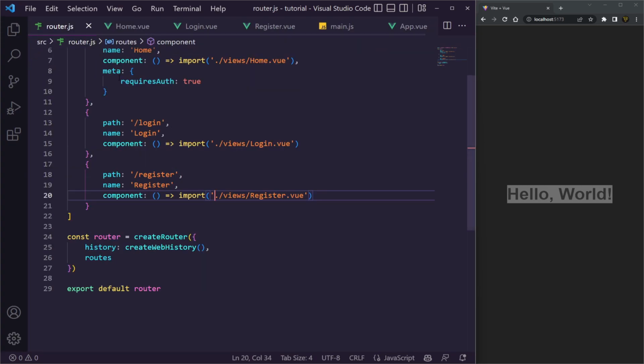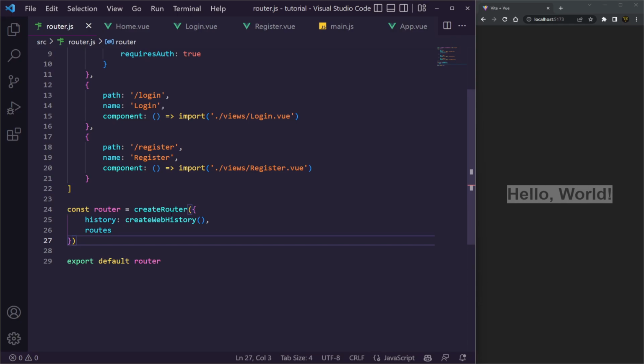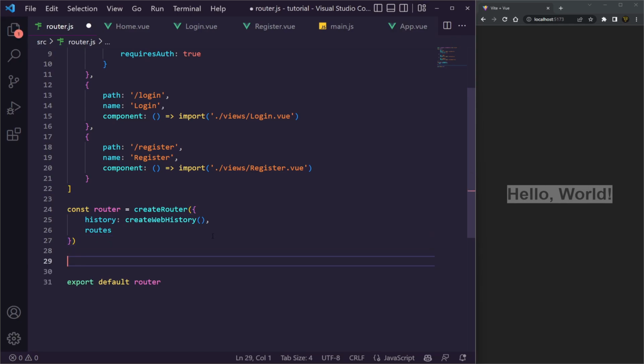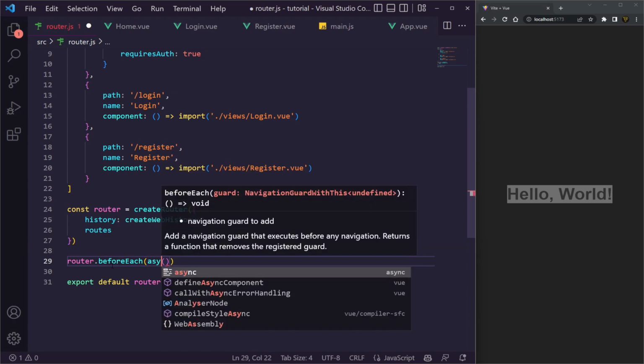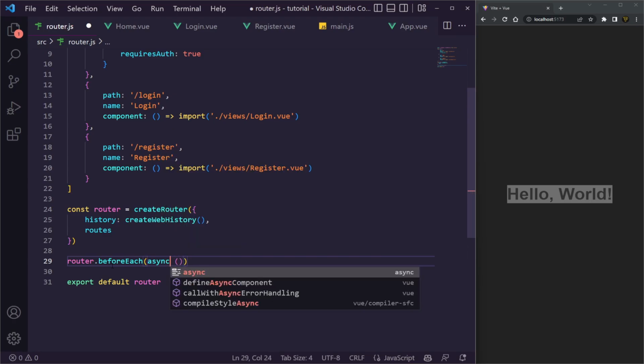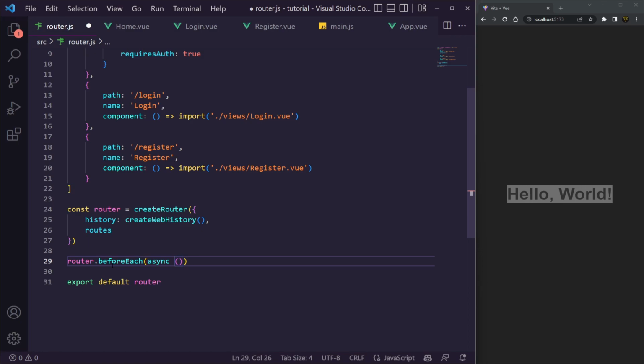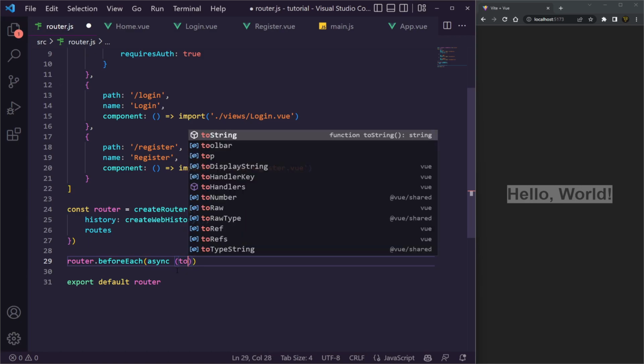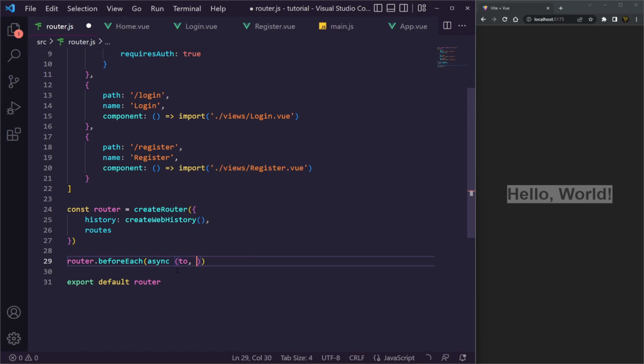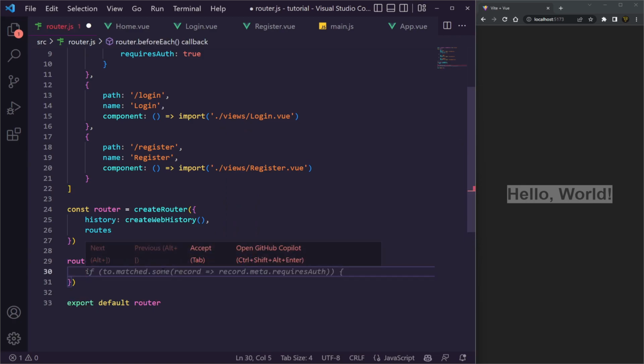We just need our router.js file, and underneath where we create our router, before we export it, we just want to say router.beforeEach. We're then going to create an asynchronous function because we're going to be using async functions later on. And then we're going to get a few different things passed through. We're going to get to, which is the page we're going to and has all the information of that page, from, which is the page we're coming from, and next, the next page we're going to. So we can now just say if